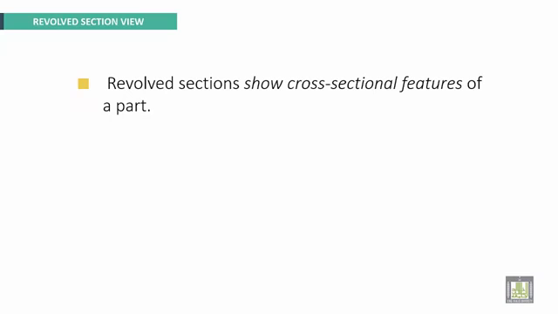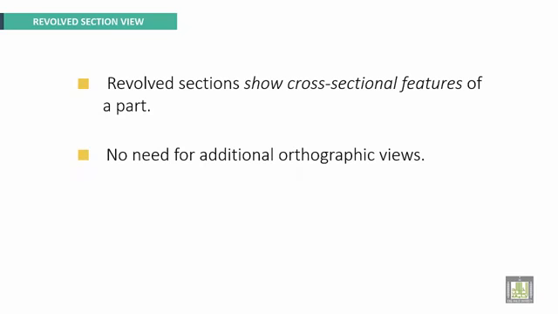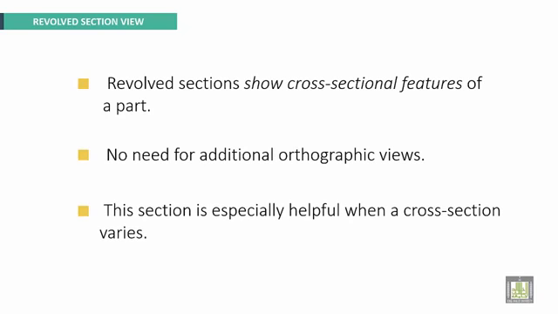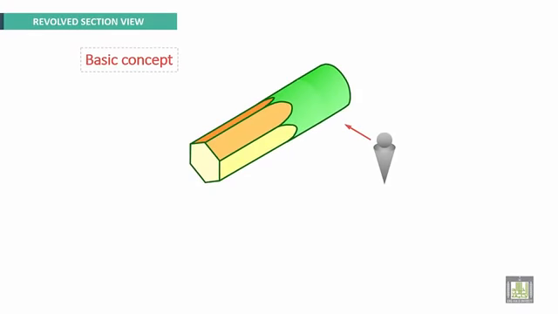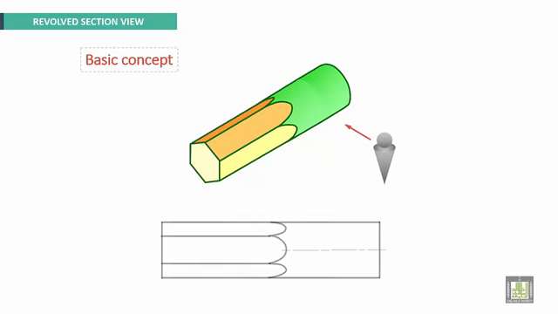Revolved section view. Revolved sections show cross-sectional features of a part. There is no need for additional orthographic views. This section is especially helpful when a cross-section varies. Here an example. The basic concept of revolved section view is the following. We have an example, this part. This portion is cylindrical. Here we have the shape of hexagon. If we make a section here,